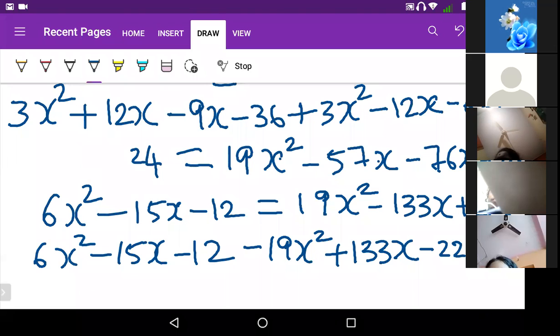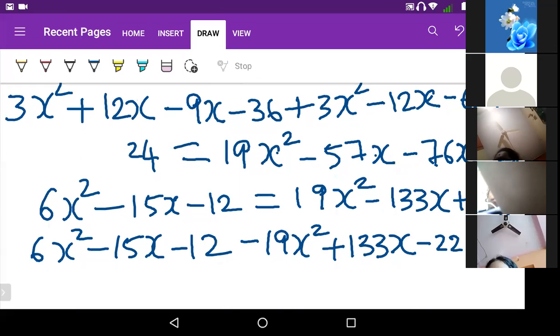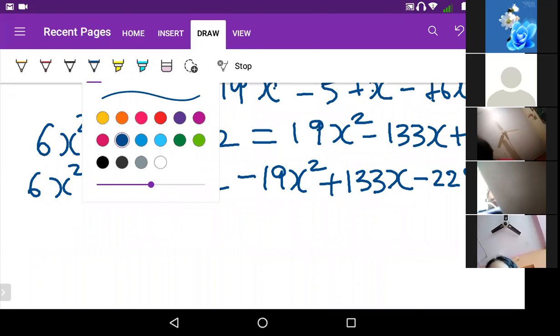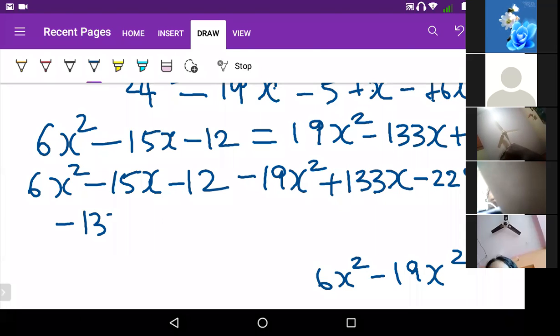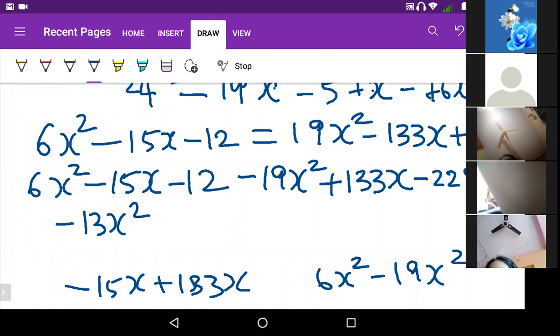Okay. Now let us do the simplification. Now for doing simplification, okay, 6x square minus 19x square. This is going to give me minus 13x square. Correct? Yeah, minus 13x square. Next, minus 15x plus 133x. How much do I get? 133x and minus 15x, I get 118. So that will be plus